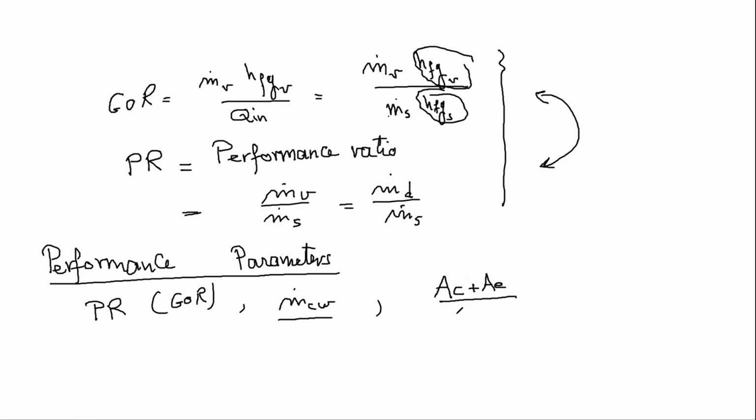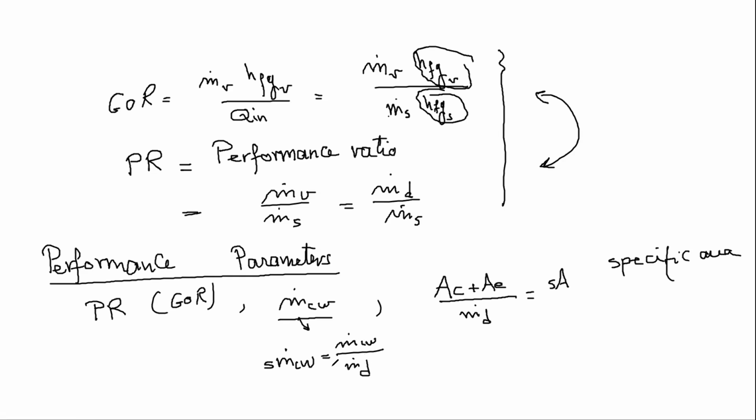If we divide this by m dot distillate, this is what we call SA, or specific area. It's not only this, but even specific mass rate of the cooling water, which is m dot cooling water per